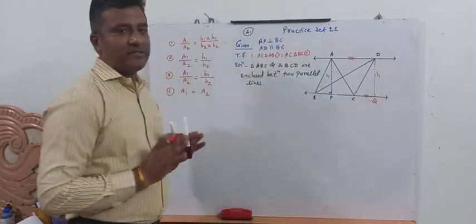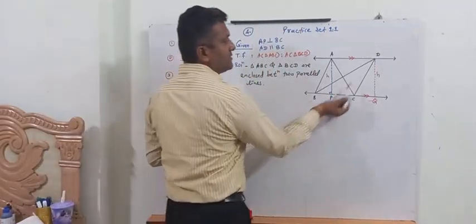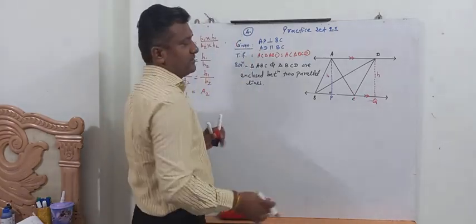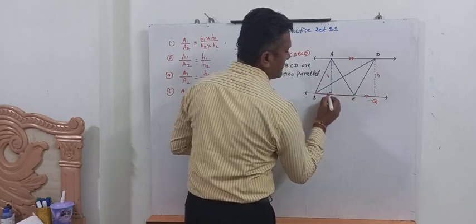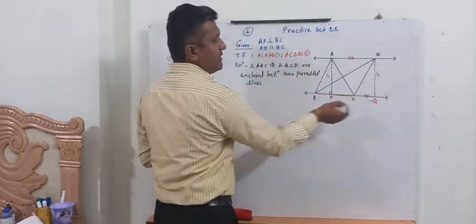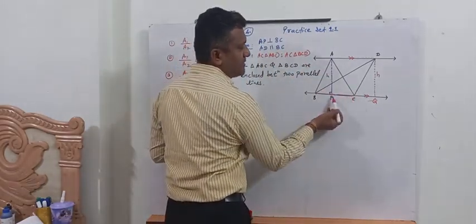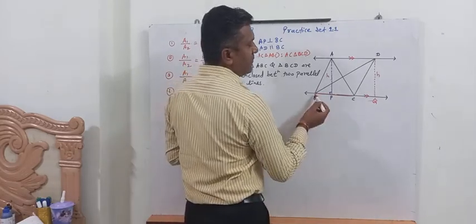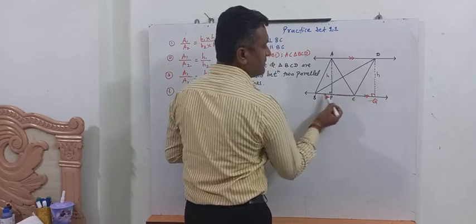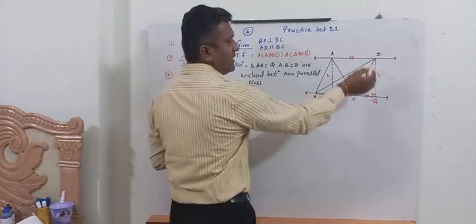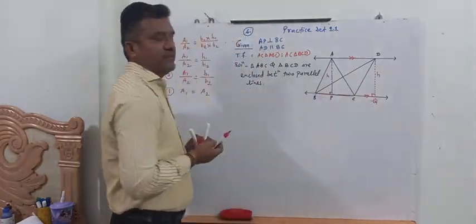So this is very much important. This perpendicular distance between parallel lines is always constant. So two heights are equal with common base. Look at this, this is the base. For triangle ABC, if AP is perpendicular to BC, this will be the base. And for triangle BCD, if DQ is perpendicular, then BC is the base.